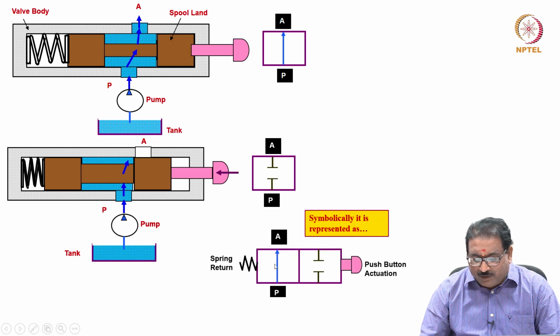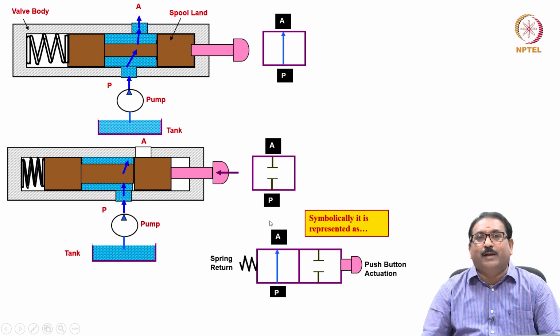Side by side, if you put it, the valve looks like this. Be careful friends, on the spring side you mark P and A. Normally open, you will keep this open. Normally closed means close this. Now it is normally open, P to A is open, and this is blocked when? By push button. The push button side is the actuated position. One more pressing, it will go to the null position.